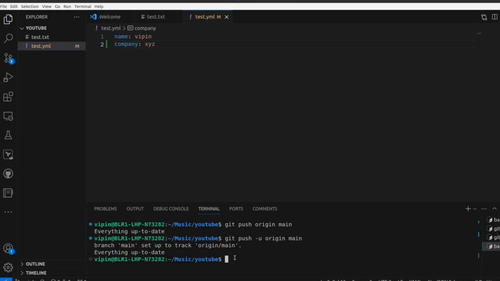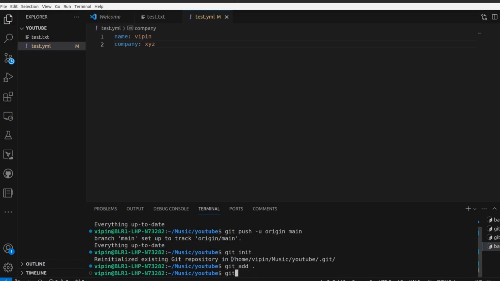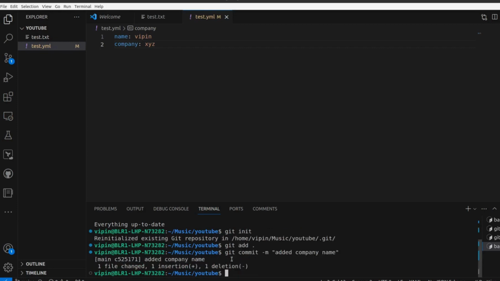Just save it, and run git init, git add, git commit -m "add company name", git push -u origin main.